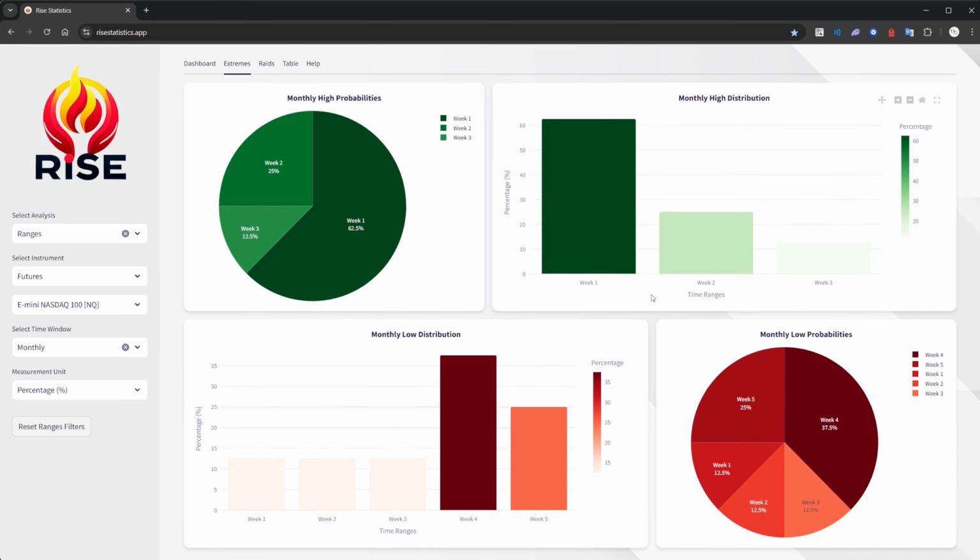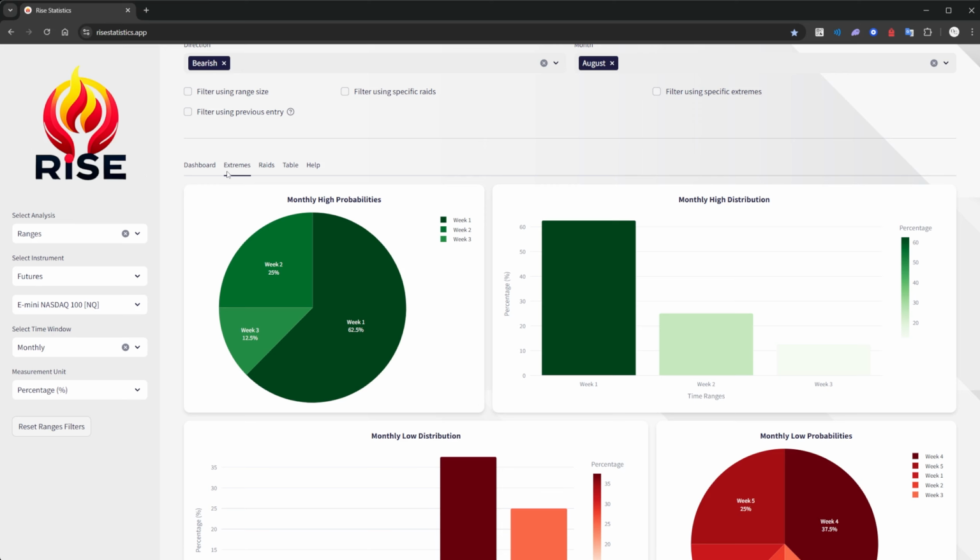The only difference that we see is that the high gets formed early on in week 1 almost every single time. 62% here is pretty good, but cumulative, you can see when I hover over this, we see our little pop-up. You can see the percentage during week 2, but also the cumulative probability, which means that if you include week 1 and week 2, 87% of the time, that high will be formed there. So if we are to see a bearish month, we'll see a trending bearish month. Overwhelming probabilities that the low is done late in the month. So trending month, sure, but we tend to see a lot of consolidation during the middle weeks of August.